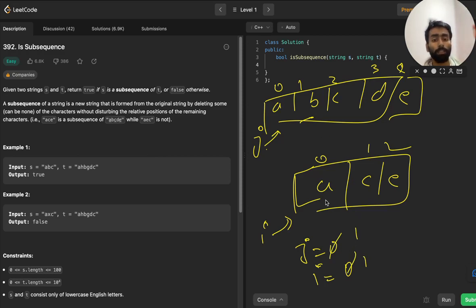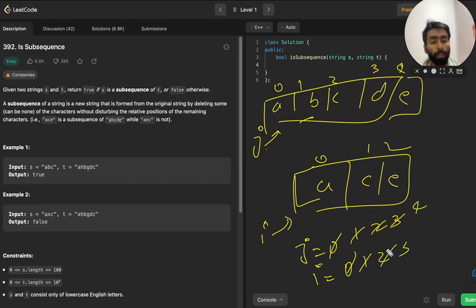If the character pointing to index 1 does not match, then only the index of J will get updated, that is to 2. And again we match, yes it is matching, then it is 2, then this will also be incremented at the same time. Again we match, no this is not matching, so again this will be incremented. If this is matching, yes this is matching.